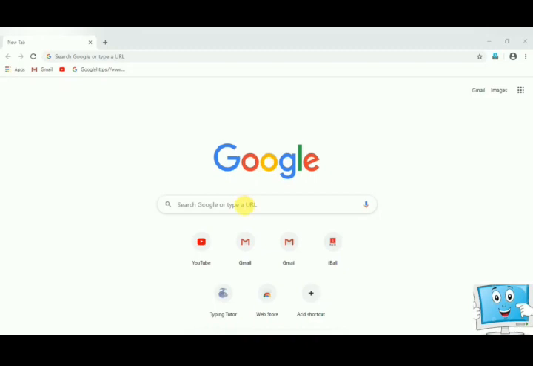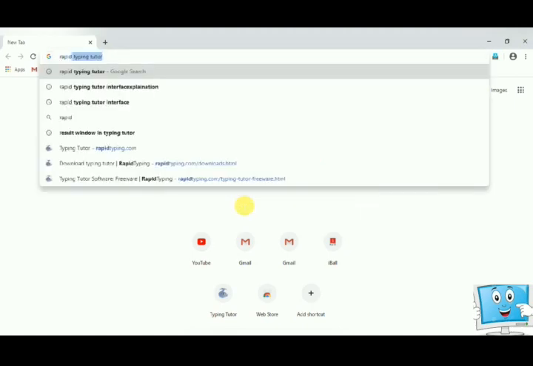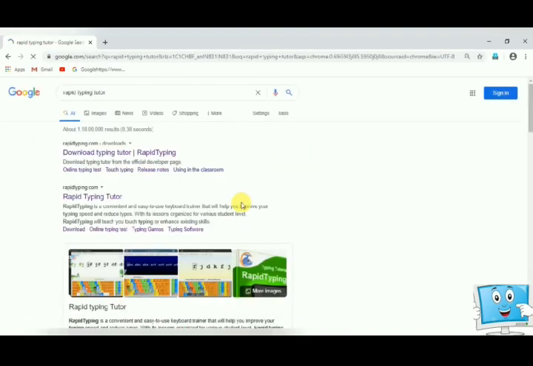First of all, you have to open any web browser like Google Chrome or Mozilla Firefox, type in the search box Rapid Typing Tutor and press the Enter key. After this, a screen will appear, so you have to click on the first link, that is Download Typing Tutor.